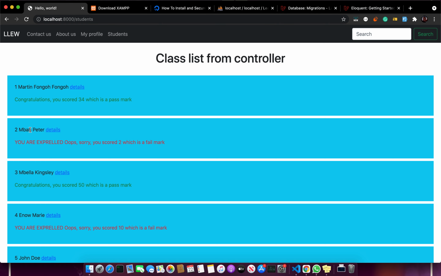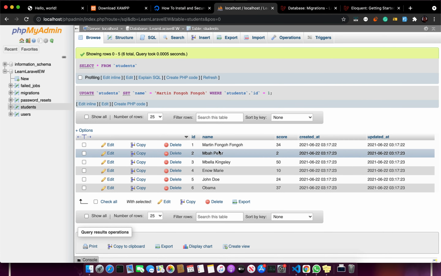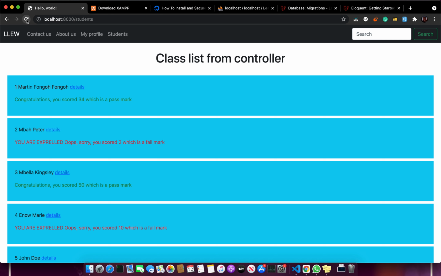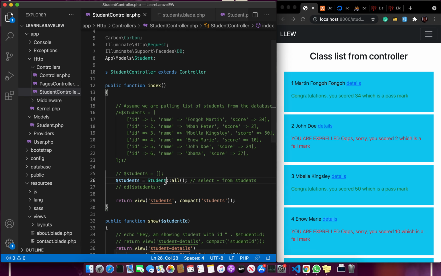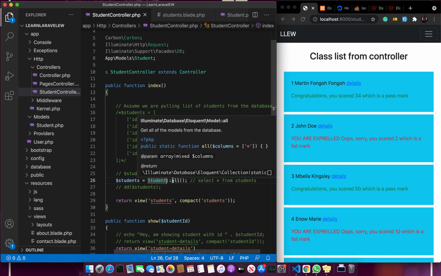Maybe we want to change Bar Peter. We'll call it maybe John Doe. Just to be sure that it's coming from the database. And then we refresh our page and we see that, okay, it changes to John Doe. So we see that at this point, our data is coming from the database just by us using a simple students all. So at this point, we've seen how we can pull data from our database using our